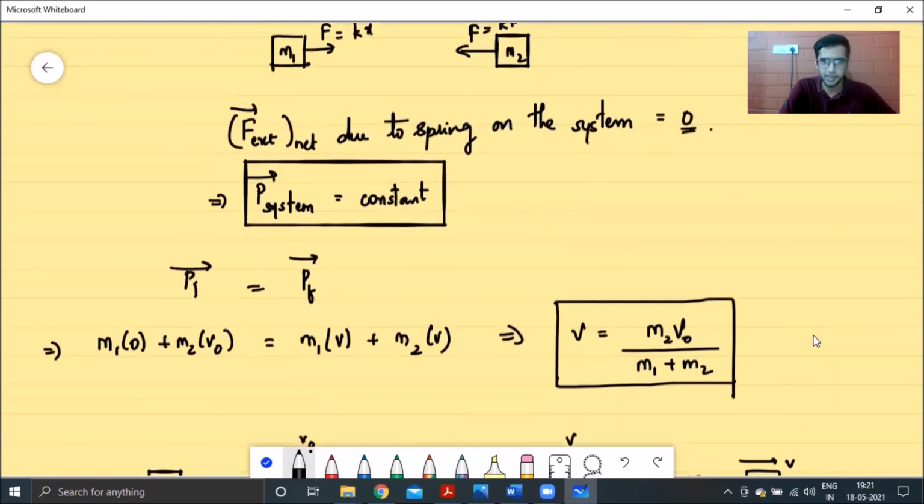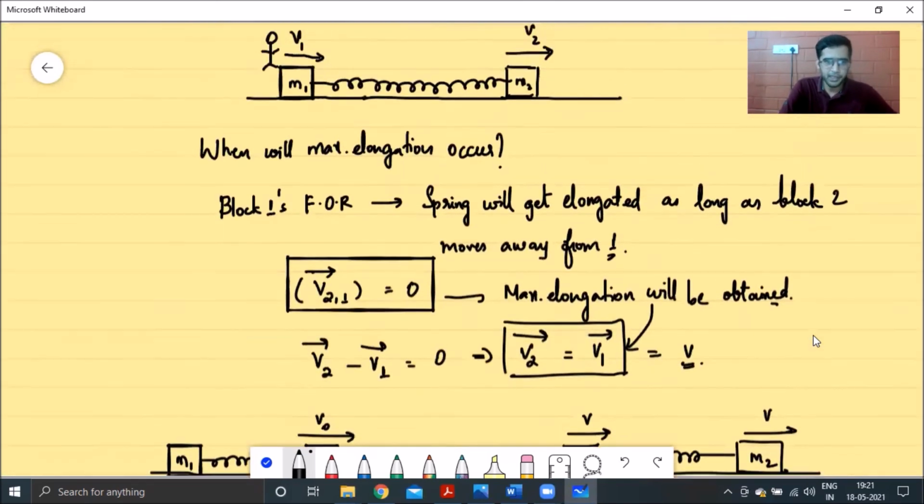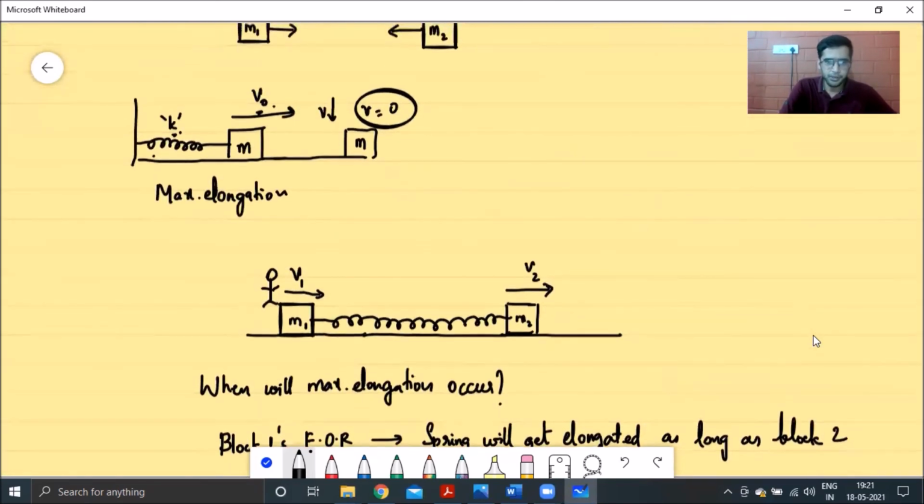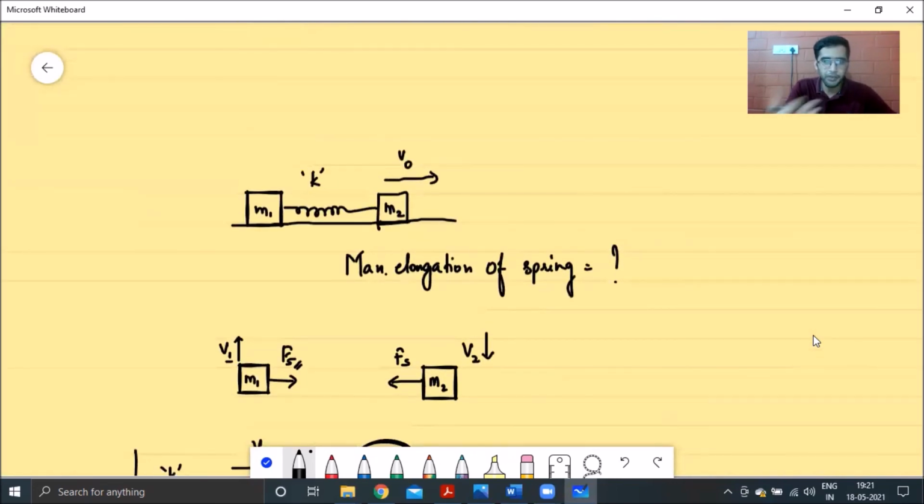which you can get based on the concept of conservation of linear momentum. So repeating the steps again, first, what was the meaning of giving a sharp impulse? The meaning of giving a sharp impulse over here is this block has gained a velocity v0 without the spring getting elongated. Once again, what do you mean by an impulse? A large force applied for a short interval of time. So in that short interval of time, we can say that the spring has not been elongated. So initial elongation of the spring is 0.